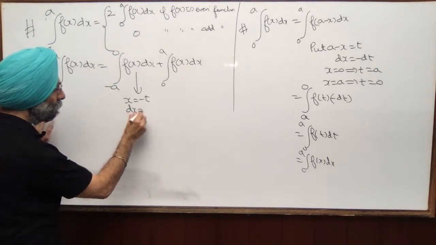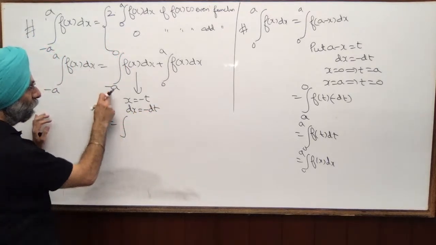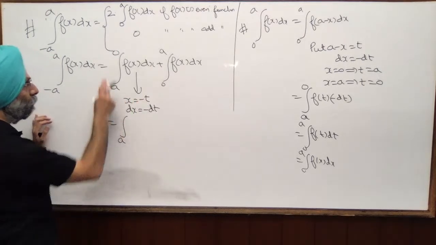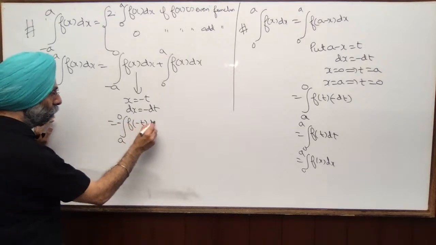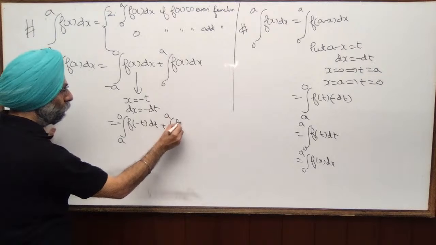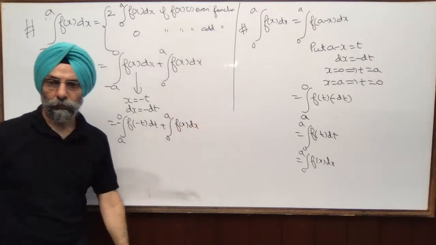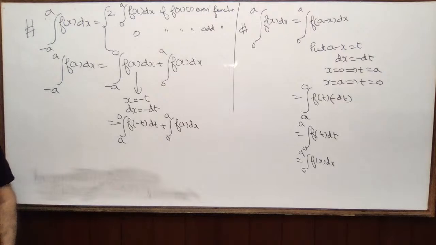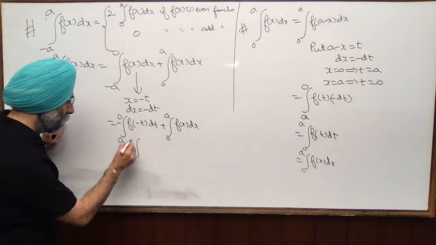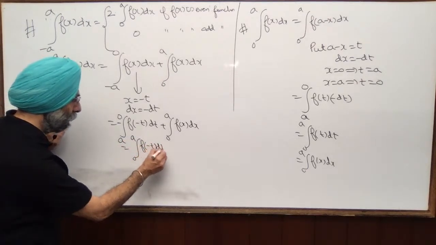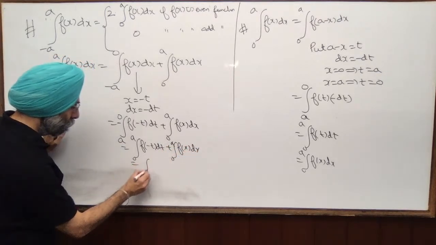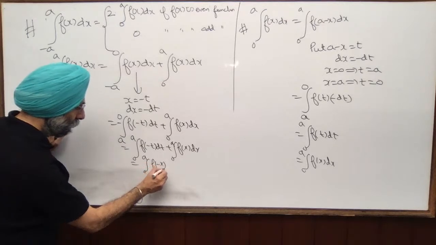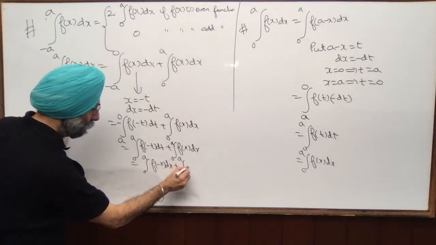Now dx is equal to -dt. When x is equal to -a, t is equal to a. When x is equal to 0, t is 0. So f of -t and -dt plus the integral from 0 to a of f(x) dx. So beta, absorb this negative sign: the integral from 0 to a of f(-t) dt plus the integral from 0 to a of f(x) dx. Because of the first property, the function is the same, the variable can be anything, the answer is always going